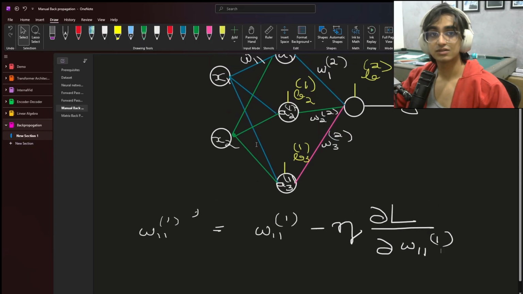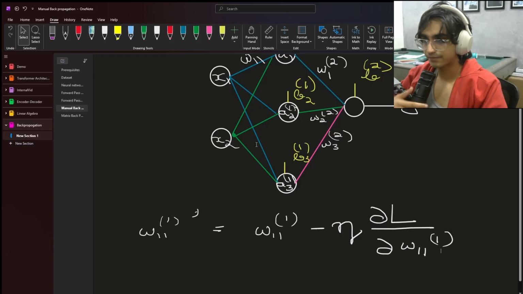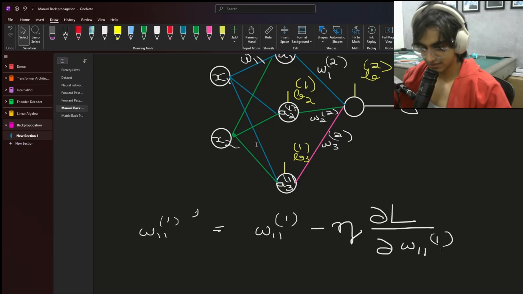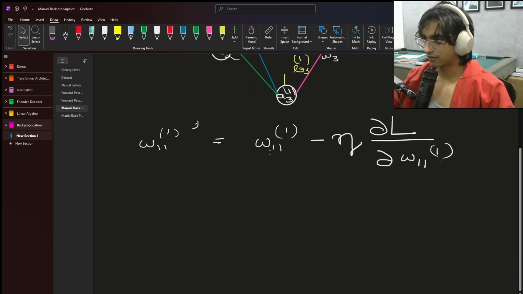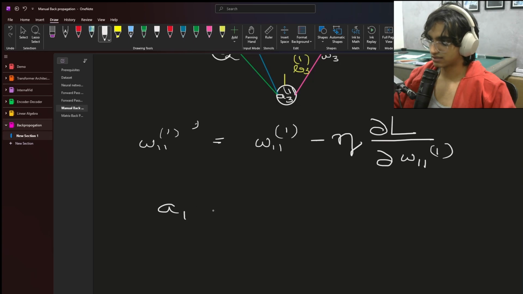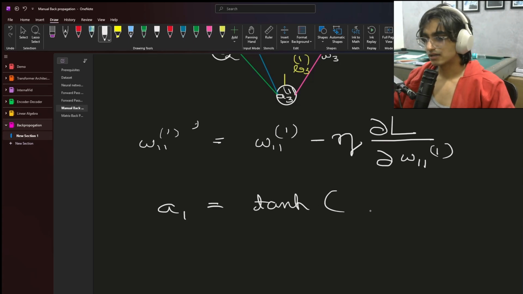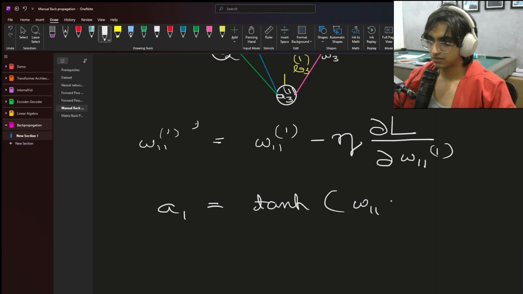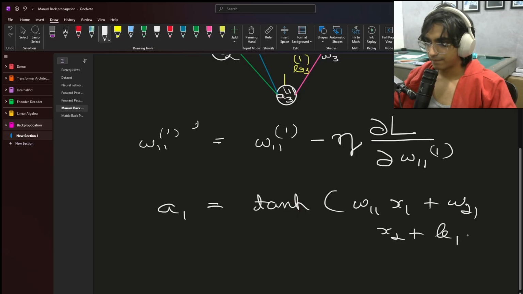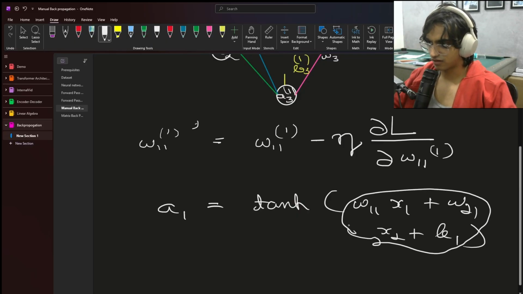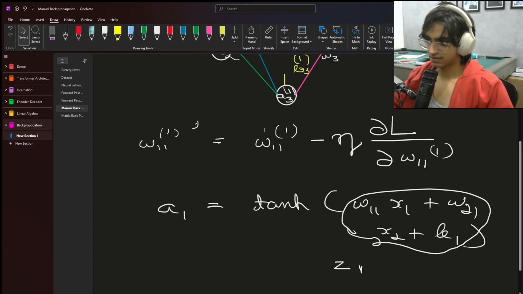So how do we exactly do this? This is where the chain rule comes into play. For simplicity, remember how I wrote A1 is tanh of the whole thing, like it was W11 x1 plus W21 x2 plus B1. We're going to call this whole thing that's in brackets just Z1. So it's easy when we take partial derivatives. If we take the chain rule,